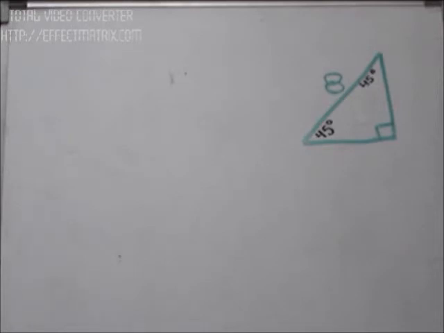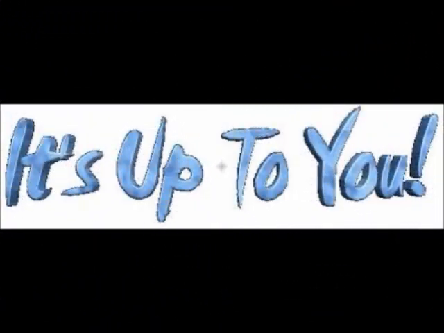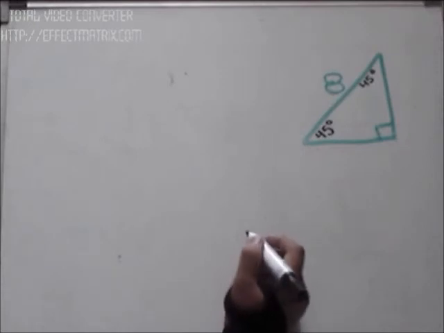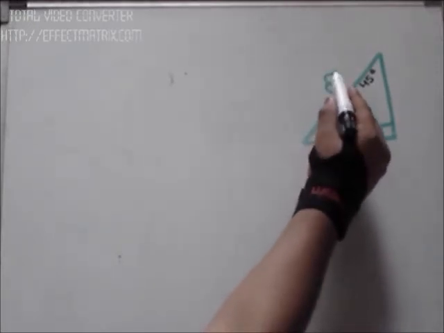Okay guys, so now I have another exercise for you. This time it is different, as you can see. This time we have only the measure of the hypotenuse, but we are missing both of these sides. The same as before, it is a 45, 45, 90 degree triangle, making it a special right triangle. So how do we find the side lengths? Well, we need to take the hypotenuse, in this case 8,